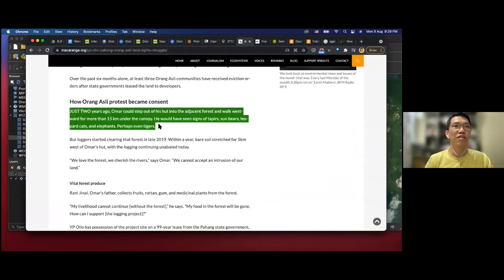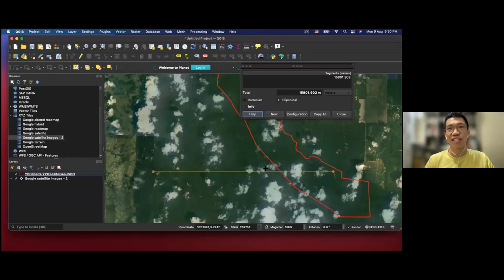Here, just 2 years ago, Omar could step out of his hut into the adjacent forest and walk westward for more than 15 kilometers under the canopy. He would have seen signs of tapirs, some bears, leopard cats, and elephants, perhaps even tigers. How did he know all these animals without visiting the forest? He looked at the biodiversity data of that area. There are data about that. And how did the journalist know that it was 15 km? Because he used satellite images to measure that. So this is a very smart way of building a narrative or giving more descriptions without visiting that location,